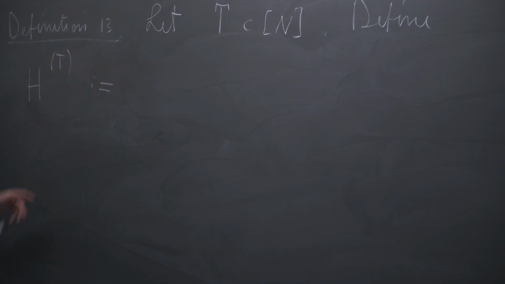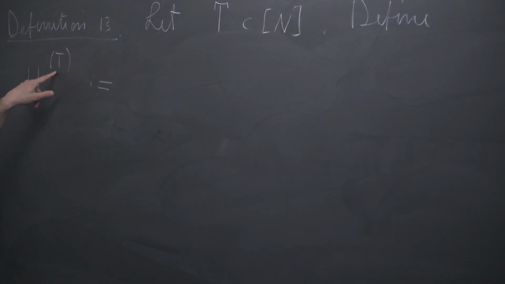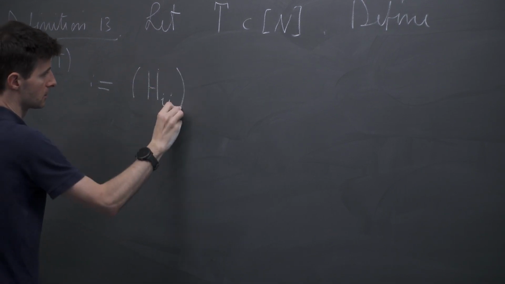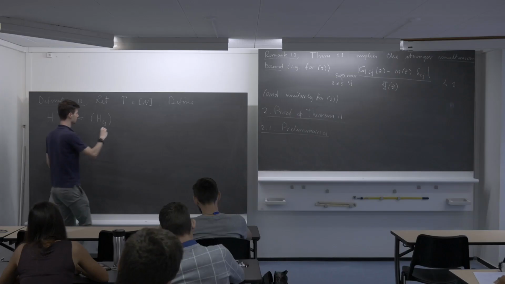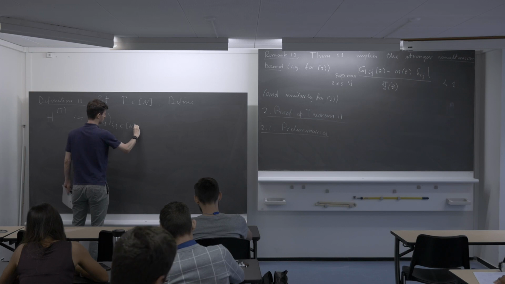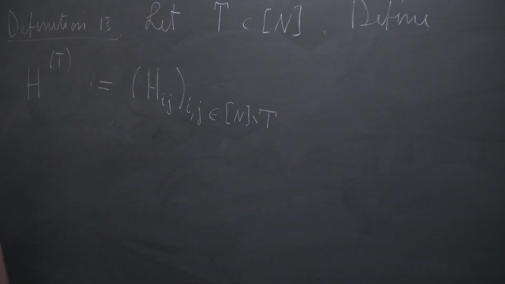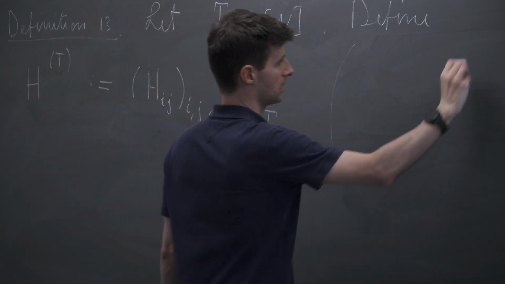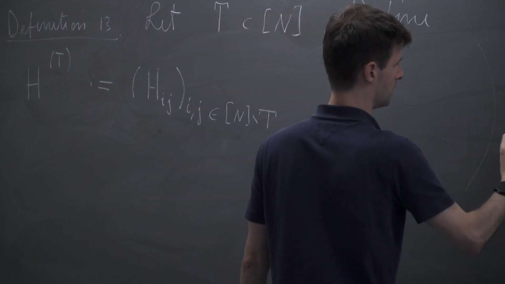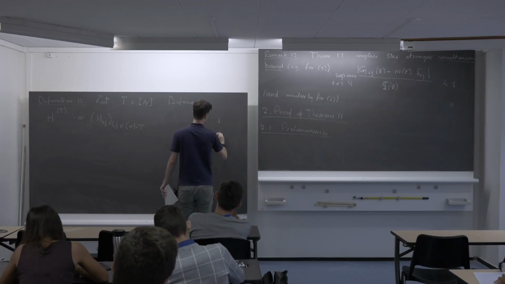So I define the following matrix H with superscript in parentheses T, which is just going to be my original matrix. So the entry is H_ij, but i and j are now restricted to the set of indices without T. Okay, so if you want in matrix representation, if my set T would be this one, maybe this is my